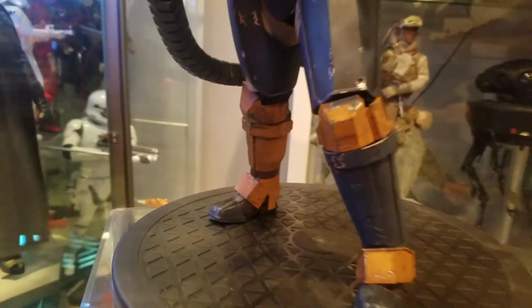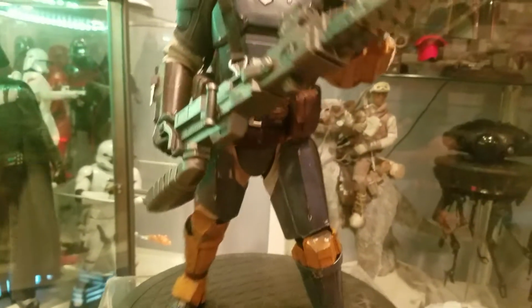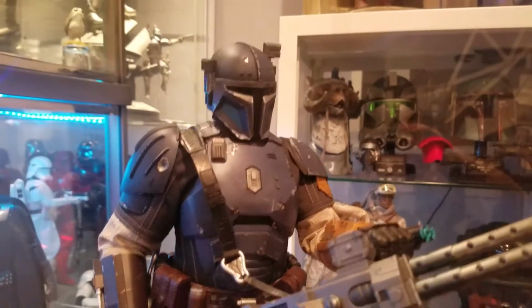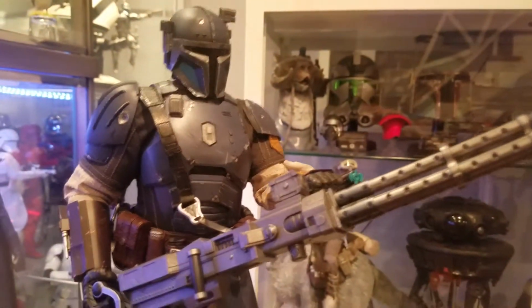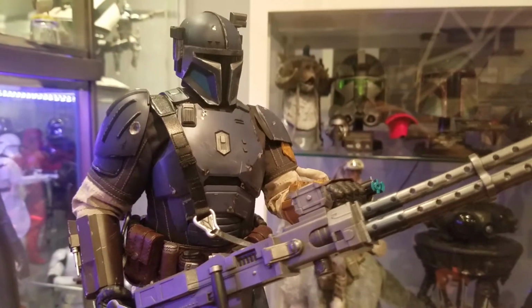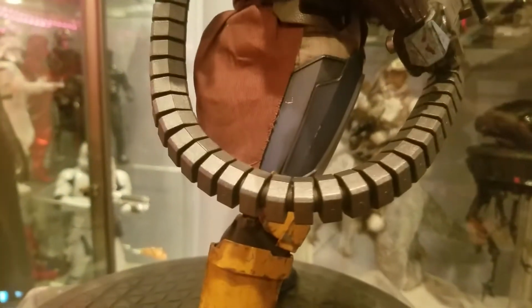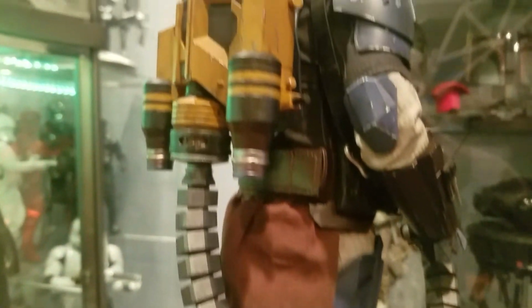Like I said, this is a quick review. I'm not going to be going through all the accessories and all that stuff and the box art. This is just him in a pose that I made, and just giving you some close-up details. And I think I pretty much captured all of it, so there's not much more to say except for, good